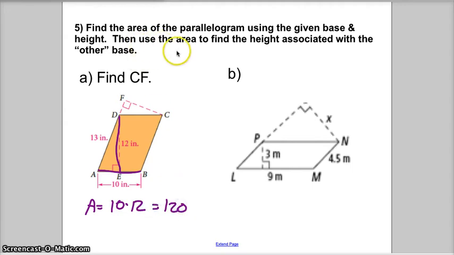I'm asking you to use that area to find the height associated with the other base. So if you notice, base by definition is any side length. So what if this were to be your base? The height would be associated with it here. So if area